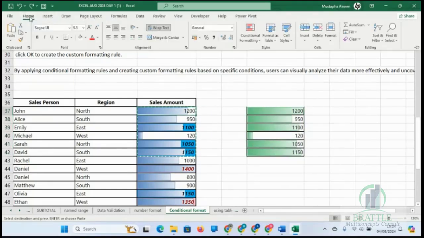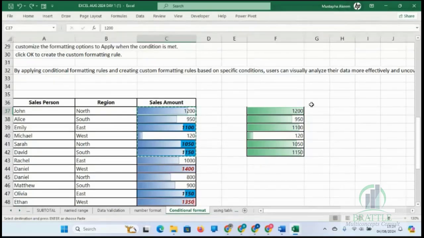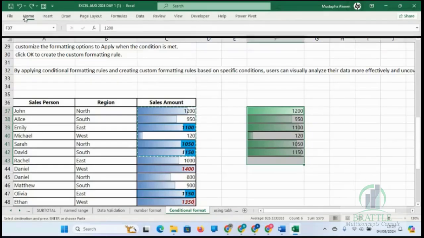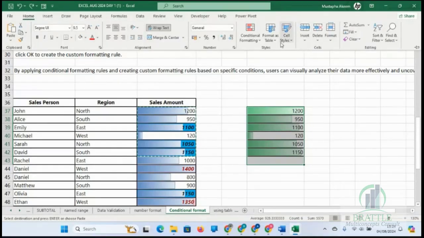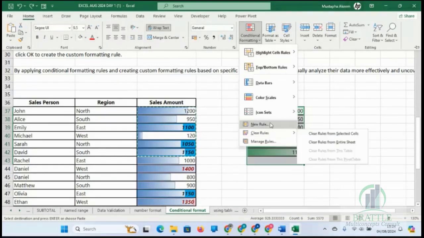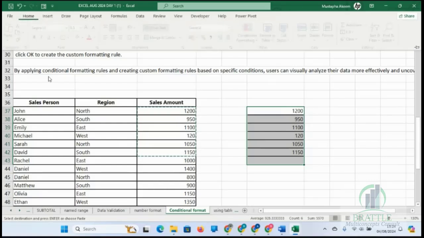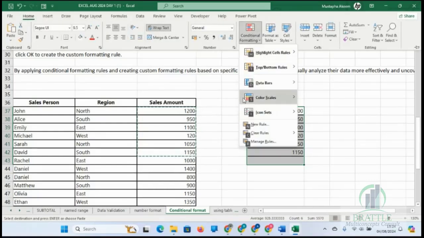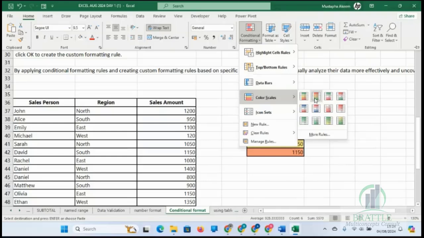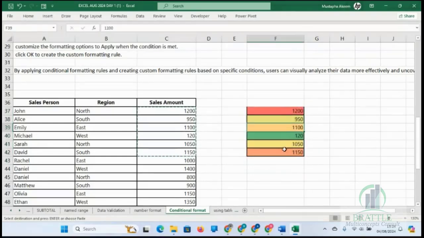We also have color scale. Unlike data bar, color scale will fill the whole cell with color, but it will identify the color based on the size of the numbers. You can see the biggest number is in red, the smallest is in green.